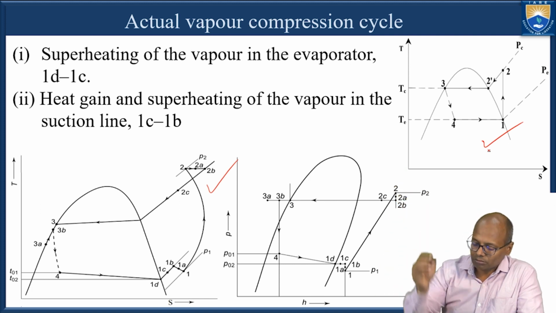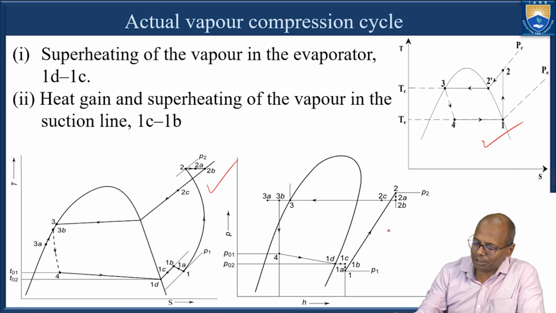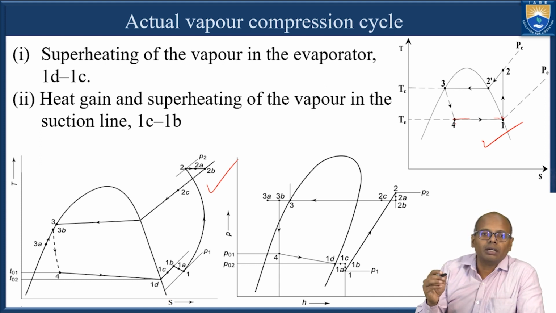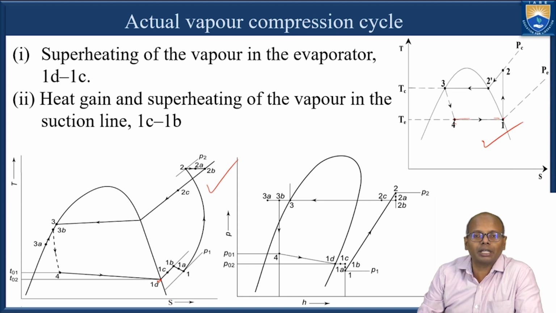So from 4 to 1 is our evaporation process, where the refrigeration effect is developed by taking heat from the refrigeration space. Now here what is happening, ideally it should be a constant pressure process, and at this point, at point 1, which is supposed to be a saturated vapor condition. Now here that is represented by 1D, that is saturated vapor condition. But